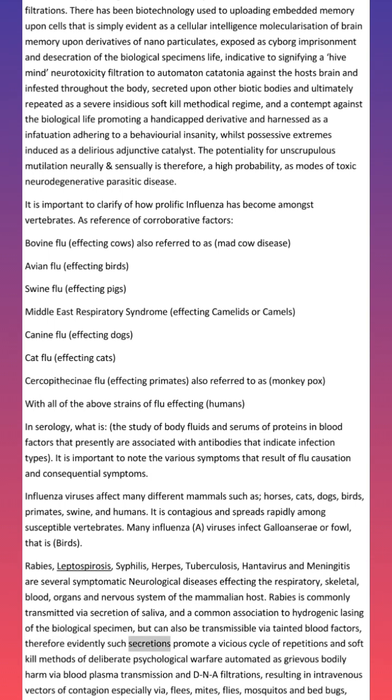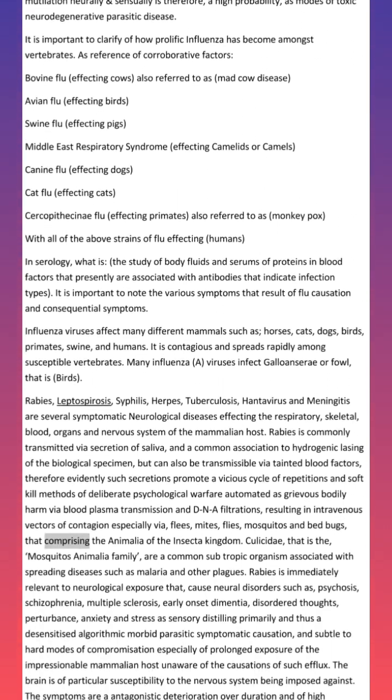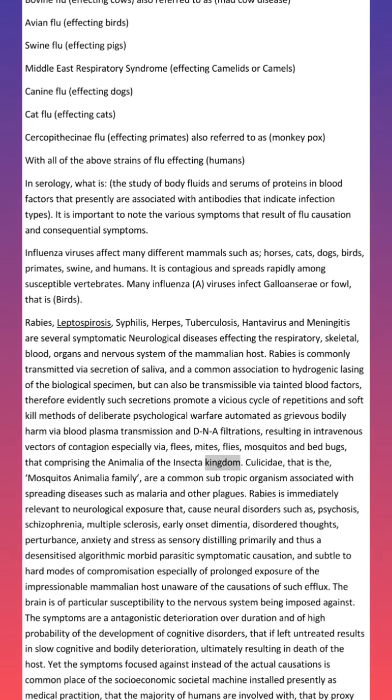Therefore evidently such secretions promote a vicious cycle of repetitions and soft-kill methods of deliberate psychological warfare automated as grievous bodily harm via blood plasma transmission and DNA filtrations, resulting in intravenous vectors of contagion especially via fleas, mites, flies, mosquitoes, and bed bugs, that comprising the Animalia of the insect kingdom. Culicidae, that is the mosquitoes Animalia family, are a common subtropic organism associated with spreading diseases such as malaria and